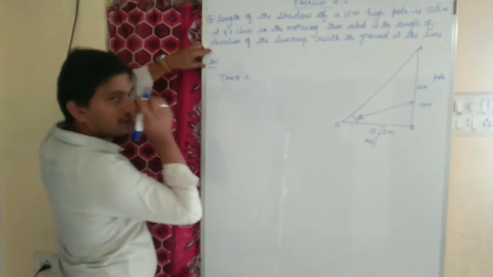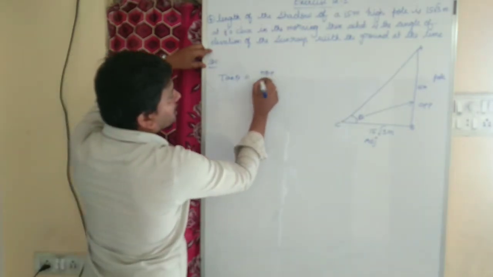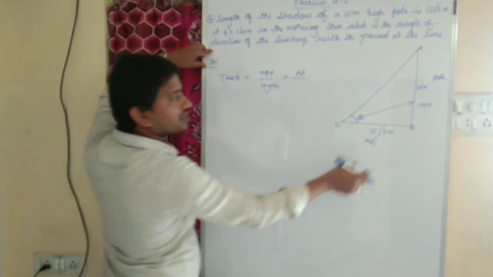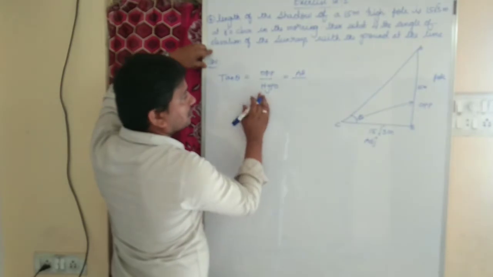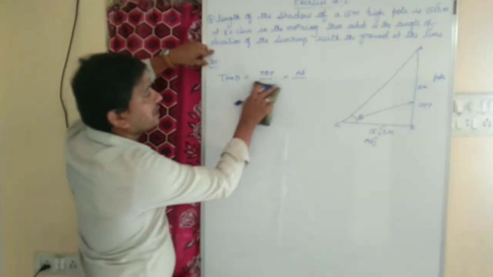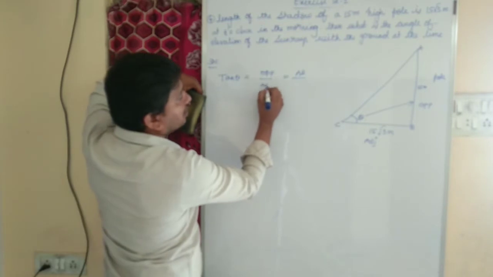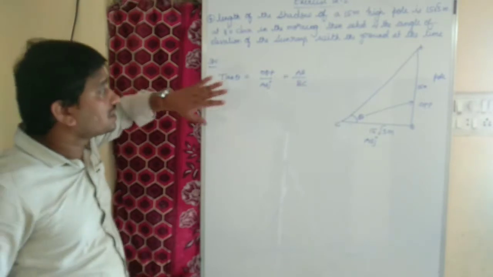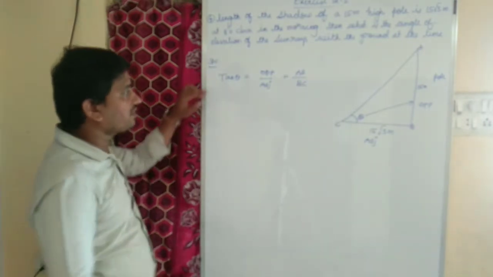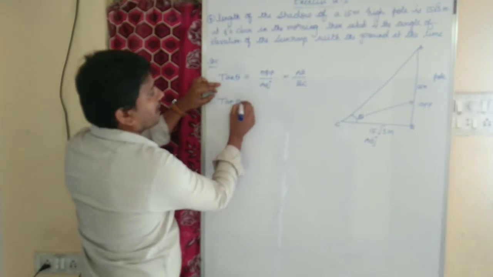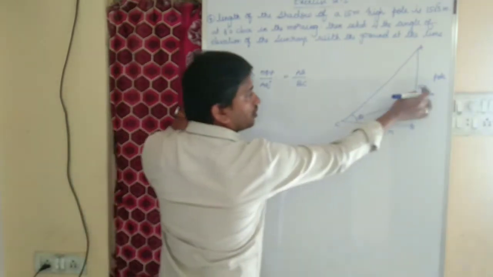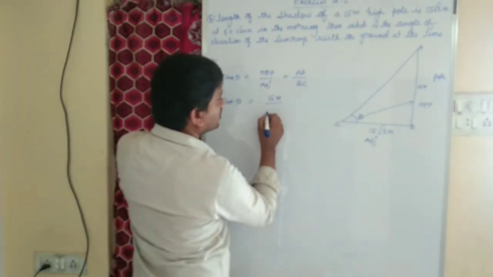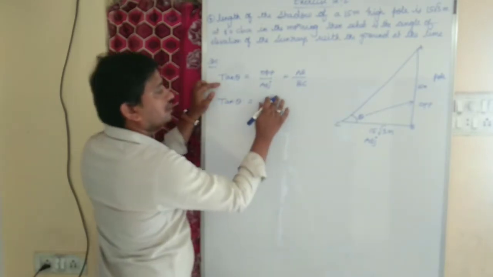So we know that tan ratio is opposite side by adjacent side. Here opposite in the sense, what is the opposite side? AB. Opposite by adjacent side. So what is the adjacent side here? Adjacent side is BC, right? So what is tan ratio? Opposite side by adjacent side. Actually we don't know theta, children. So that only we have to find, the angle of elevation. Tan theta equal to opposite side, 15 meters, and adjacent side, 15 root 3 meters, right?